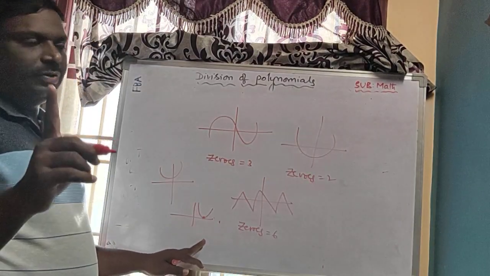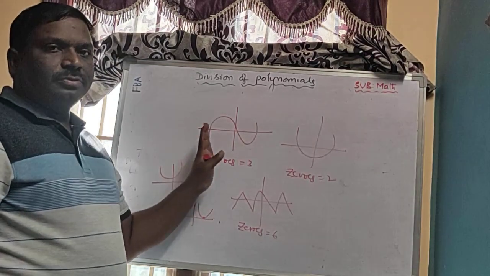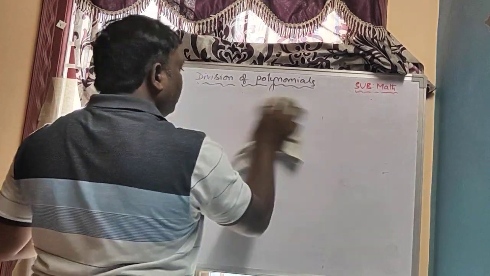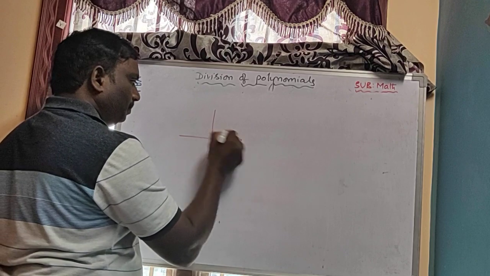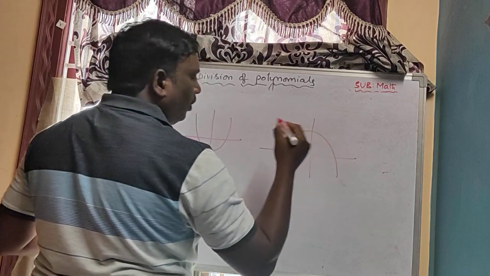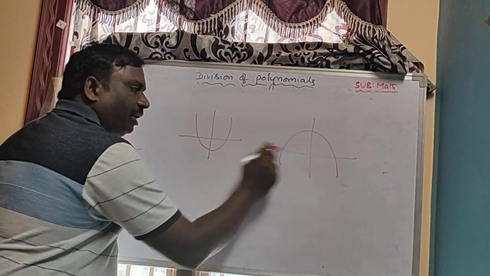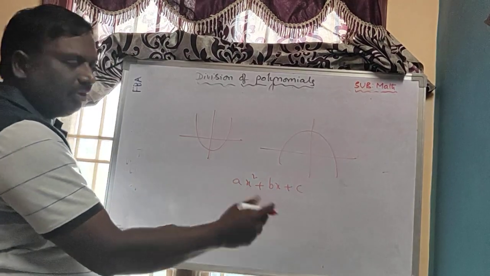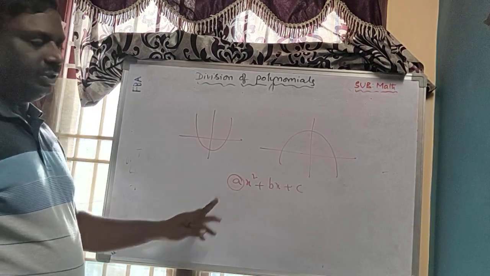Based on this diagram, one of the 1 mark or half mark bits will come. So don't forget about these diagrams. And downward parabola, upward parabola, you remember, I think, when it is upward parabola and when it is downward parabola. So it depends upon its a value. A value means it is a quadratic polynomial. Parabola means ax square plus bx plus c. Already we completed, I am just revising the main important points. So it depends upon the x square coefficient.